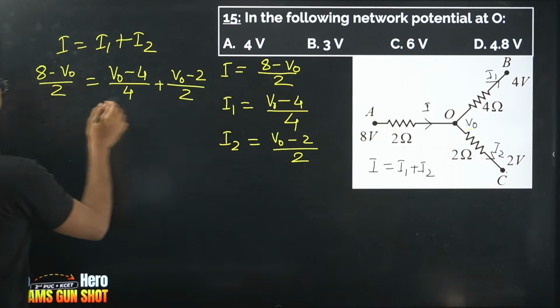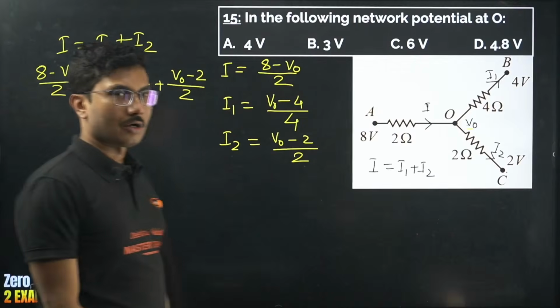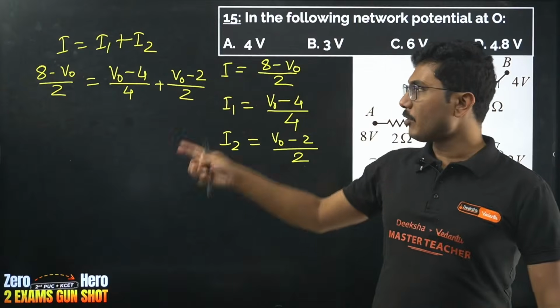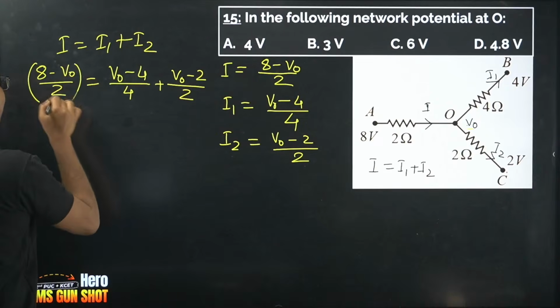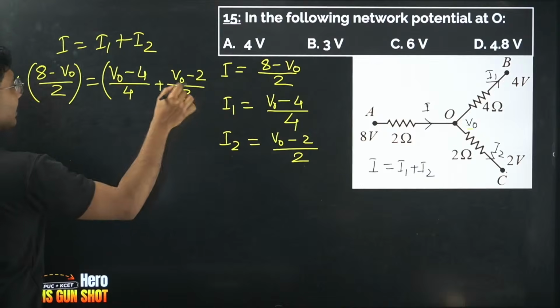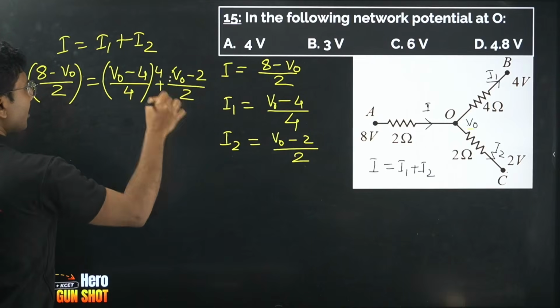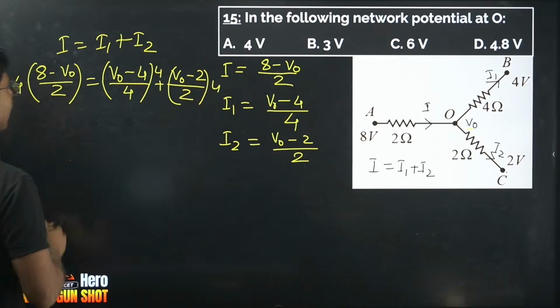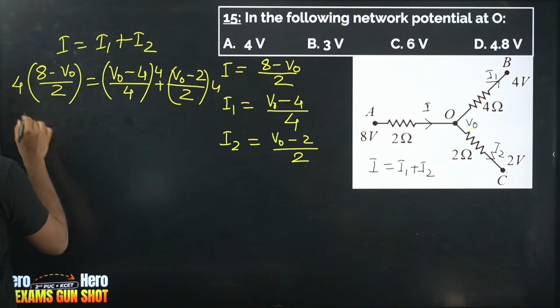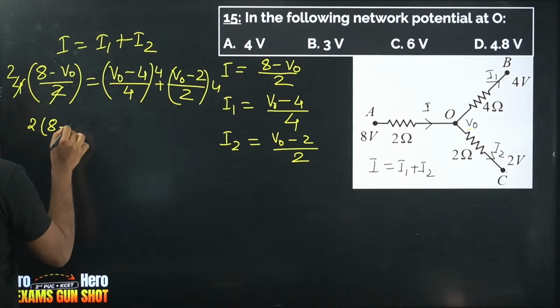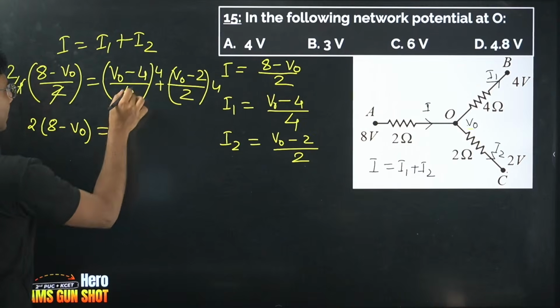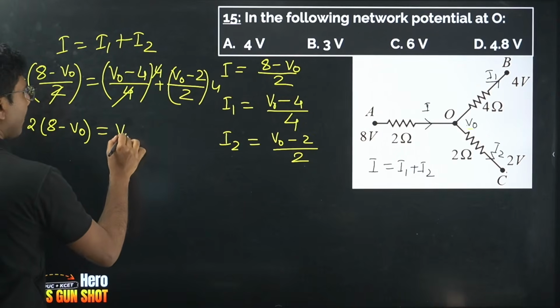So if you see, the common LCM of 2 and 4 is 4. So if you multiply each and every term with 4, we can eliminate the division part. So this will cancel, so we will get 2. So 2 into (8 minus V0) equals V0 minus 4